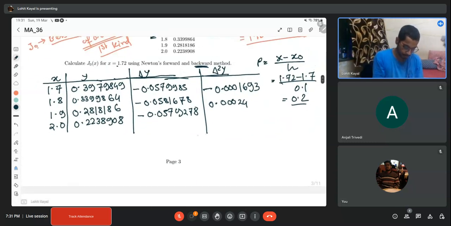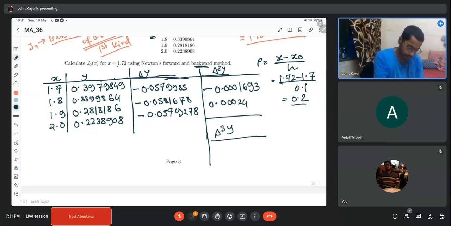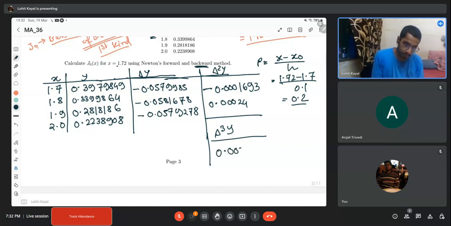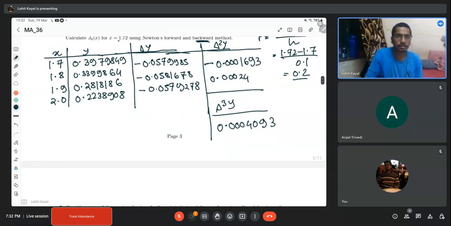Finally delta cube y is this term plus this term, which is 0.000409. So now the value of J0 is